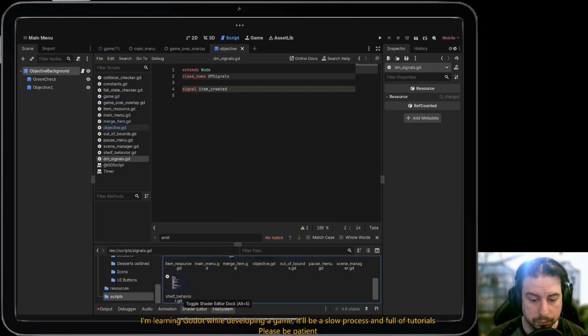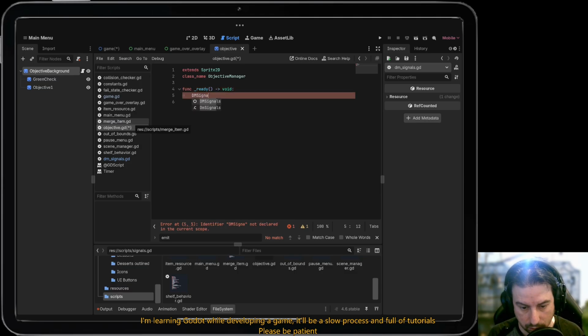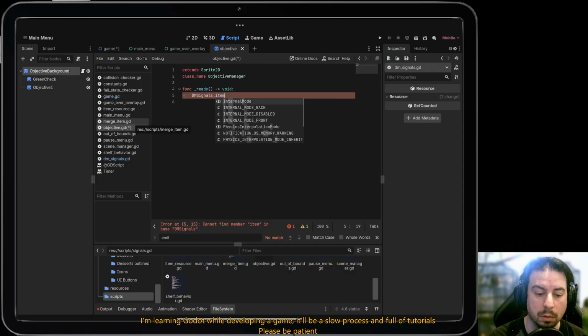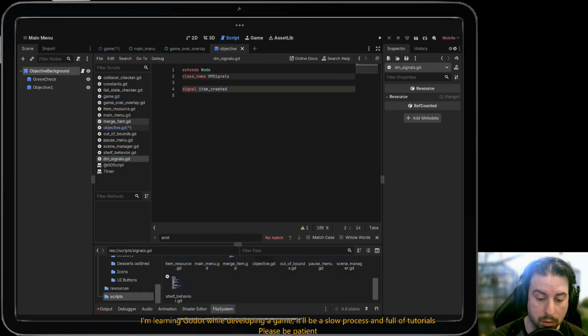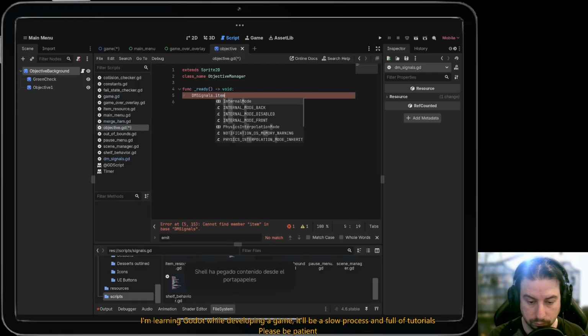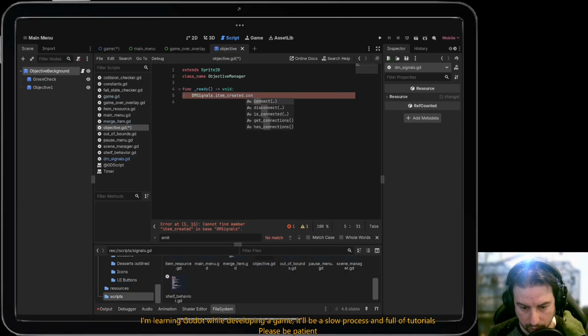So now I can go to my objective and say DM signals dot item created dot connect,